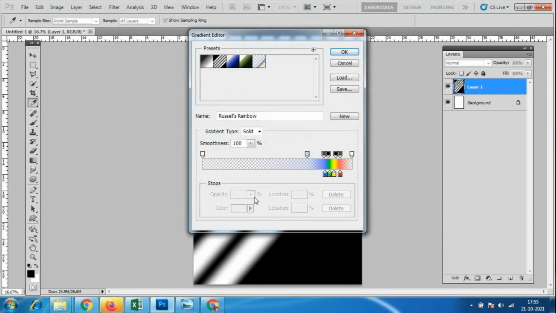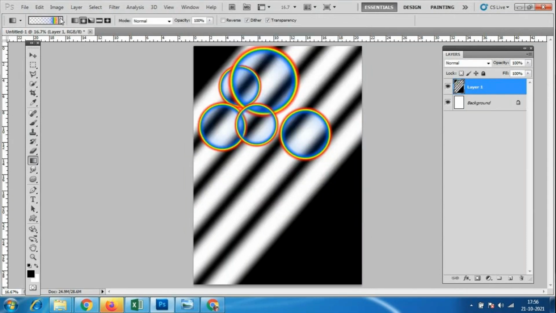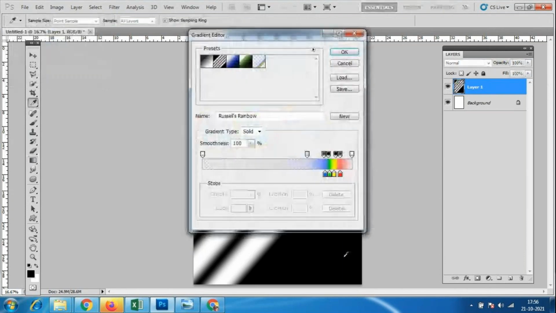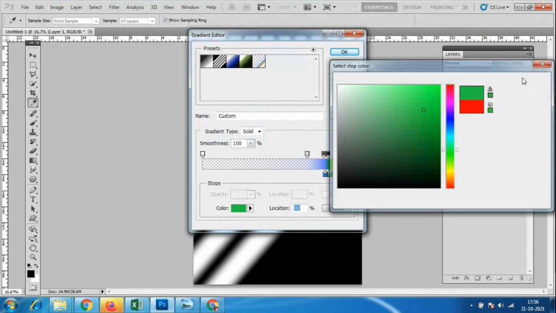Is it only possible with the rainbow? Yes, and only possible with a gradient which has this transparency option here. But we can change the colors of the transparency option, right? Yes, you can change the color. You can select here and click. Okay, I just wanted you to repeat that. Thank you. So those colors and all you can change.